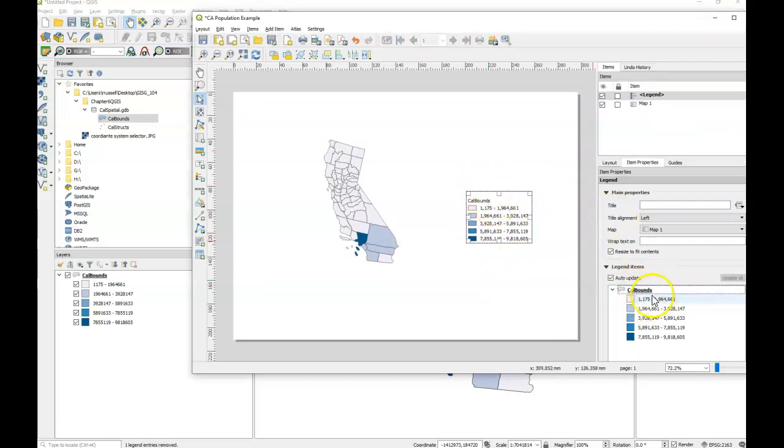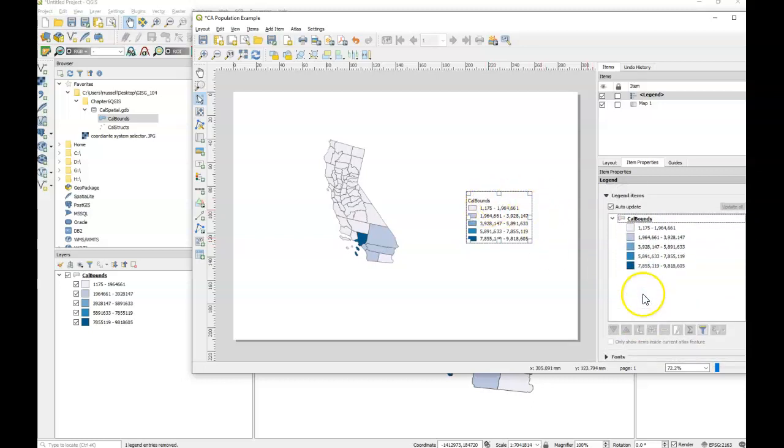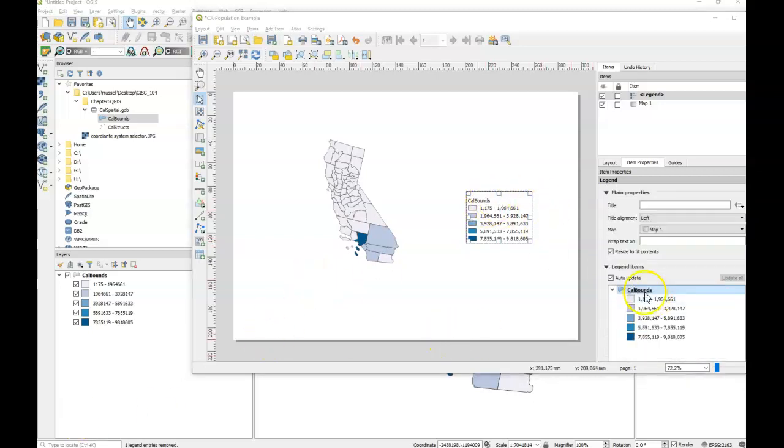We also do not want our legend to have this cal bounds. We want to change what that says. We want to change it to something that's more understandable. So just like our last edit, we can double click here. We can change the item text to be